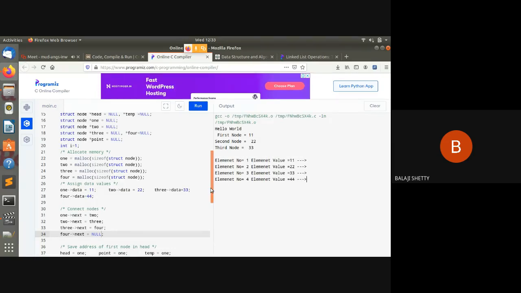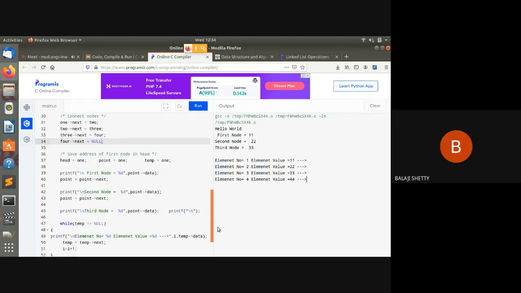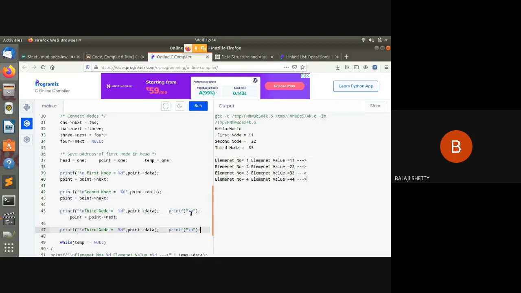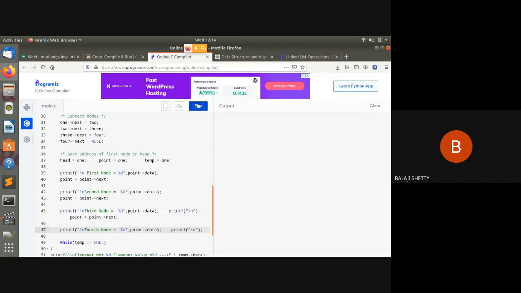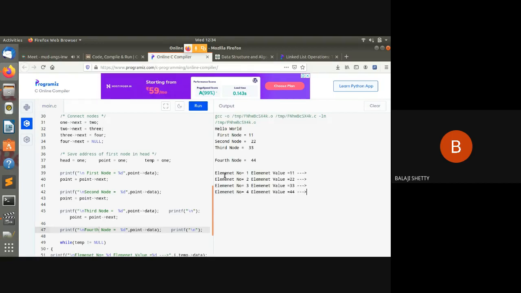Okay, I have not printed the 4th node. So. Okay, understood this?